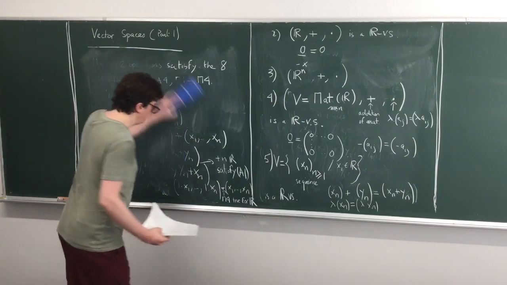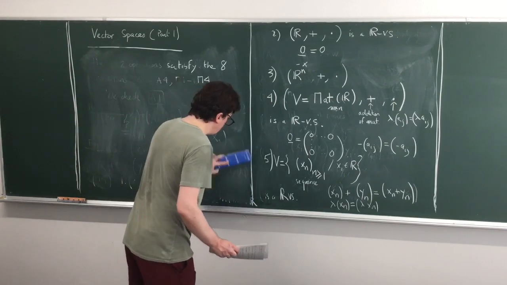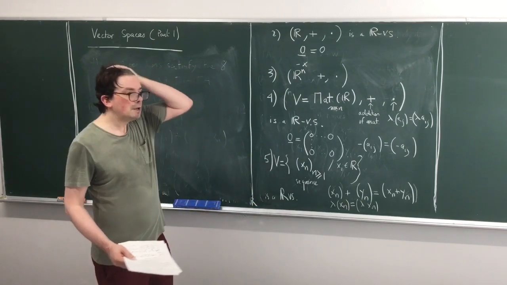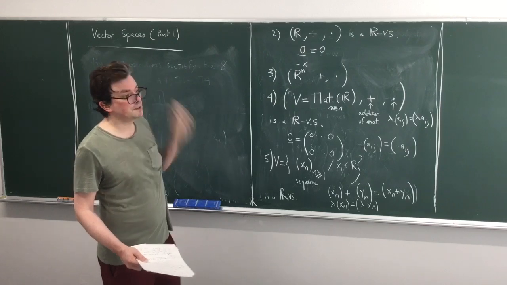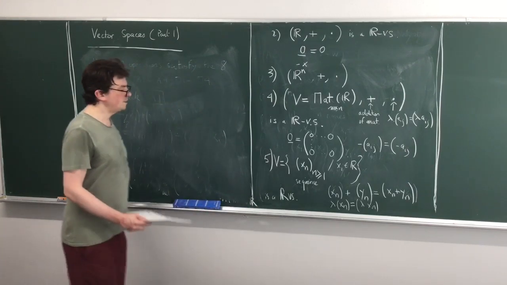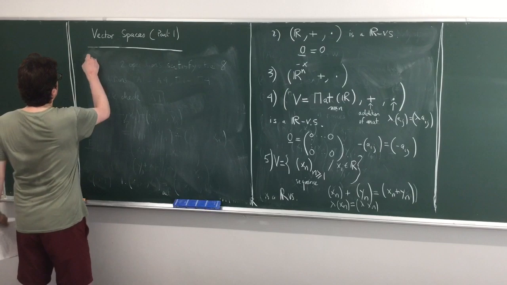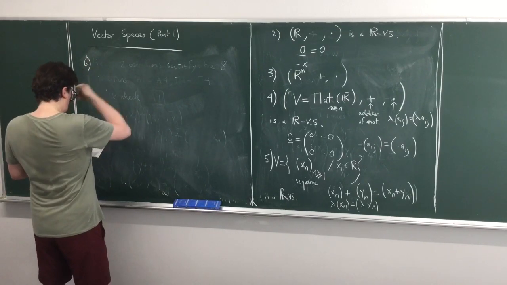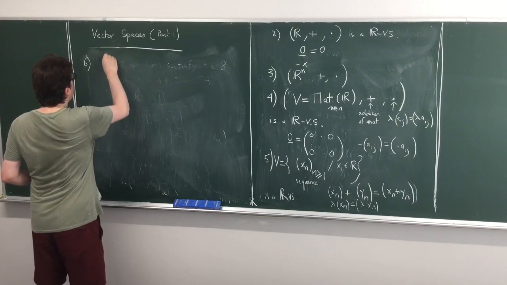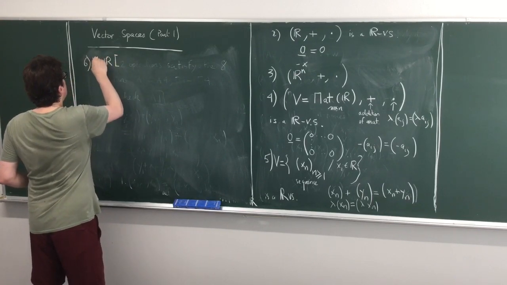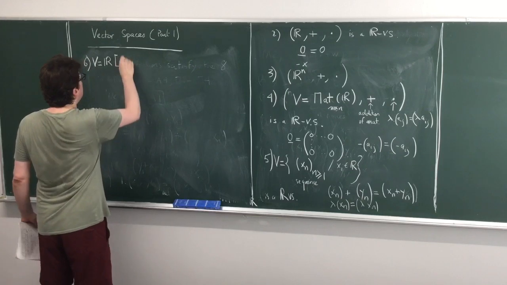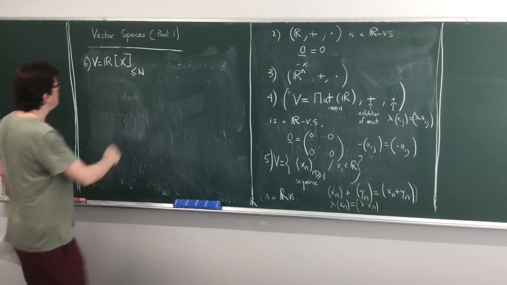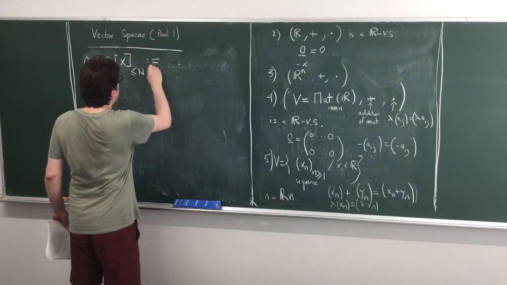So as you can see, vector spaces can take a lot of different shapes, but they are all described by a set and two operations satisfying these conditions. Let me see another example. So here we are going to consider for V this set. Okay, so what is that? This will be by definition